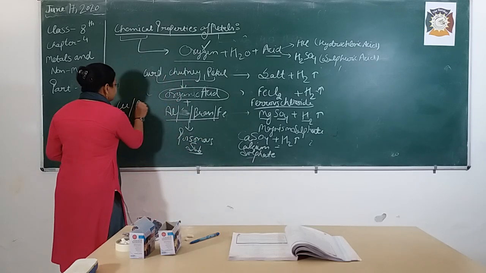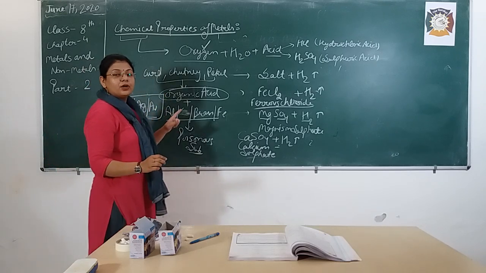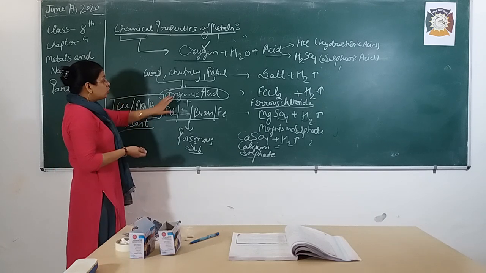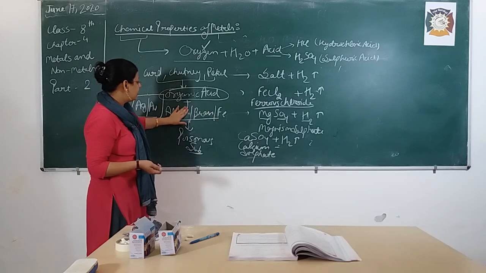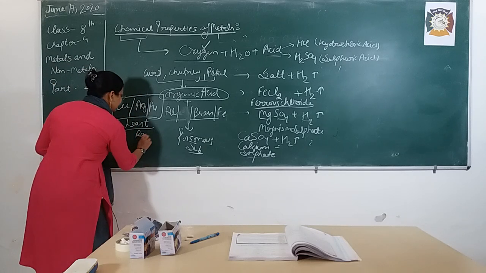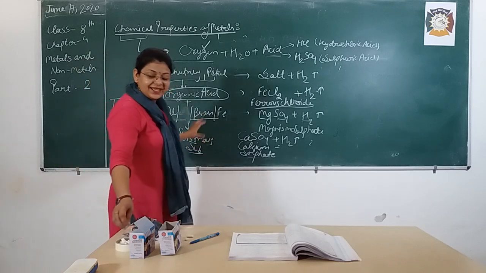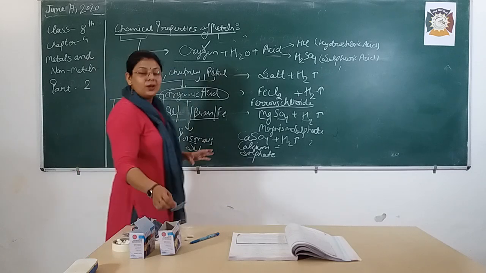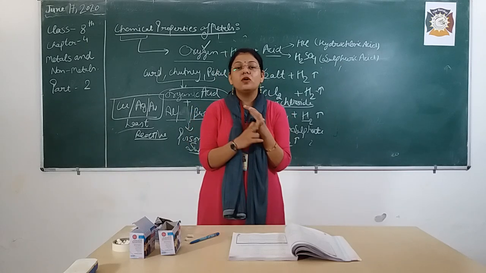Copper, Ag stands for silver and Au stands for gold. Copper, silver, gold, they are least reactive. So here organic acid is present and it's going to react with aluminium, brass and iron. There is no need to include copper here because copper is least reactive, and least reactive means it's not going to easily react with your acid, oxygen and water. So this whole lecture is about the chemical properties of metals, with oxygen, water as well as acid.